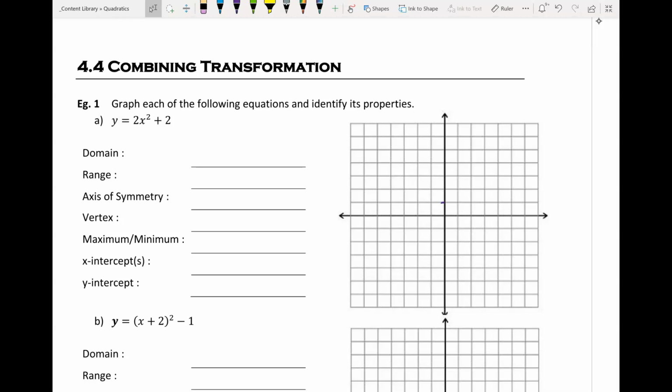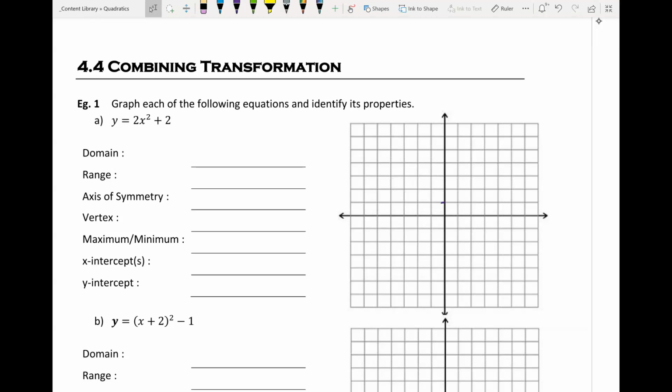To our next lesson on combining transformations. So last class we learned how to read vertex form for a quadratic equation. We're going to use that same sort of principle to do this by having more than one transformation at a time. So last class we either just moved up or we moved our parabola to the left or right, or